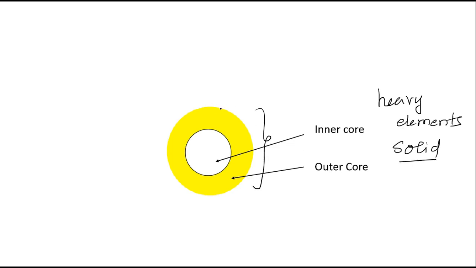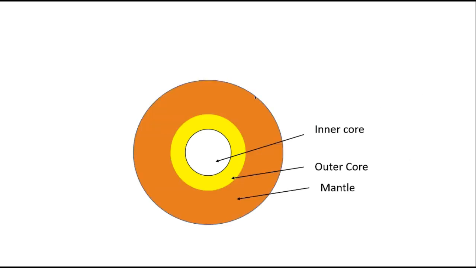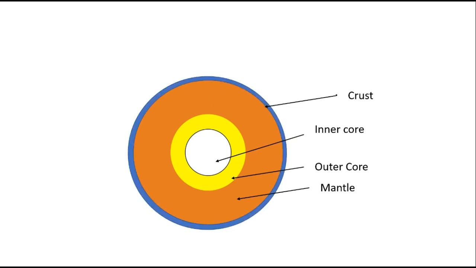And after this, we have a layer called mantle. Now here we need to discuss more, and this is the layer which is responsible more for movement of those so-called plates, right? This layer is mantle, and the one which is very thin on the top, we all use it for agriculture, cultivation, and to move around, to construct houses. That is the layer which is called crust, right?